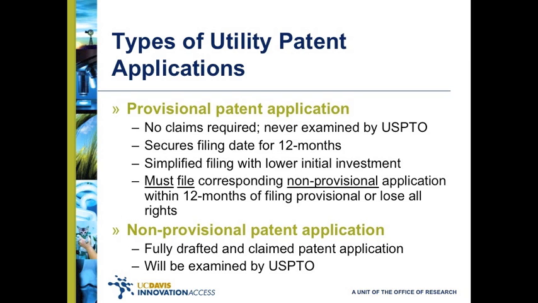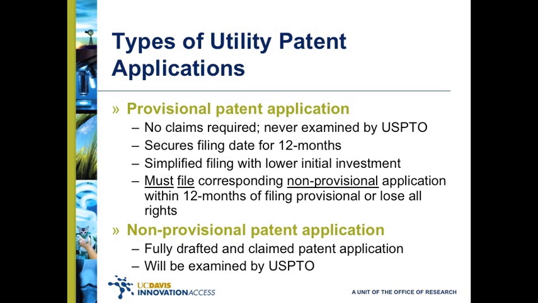The types of utility patent applications. There are two basic types, the provisional patent application and the non-provisional patent application. The provisional application is typically filed when there are no claims required and securing the intellectual property rights for a temporary period not to exceed 12 months is desirable, such as when there is an upcoming publication or delivery of a talk, and there isn't time to necessarily do all of the marketing, commercialization assessments, and patentability. Provisional patents are typically shorter and less expensive, but not all of the time.